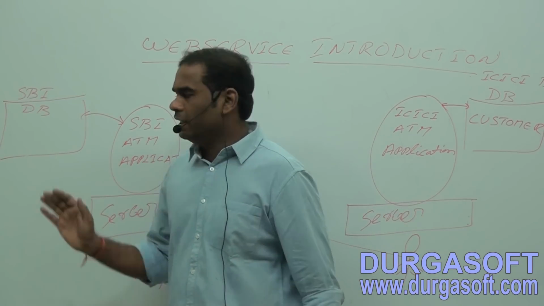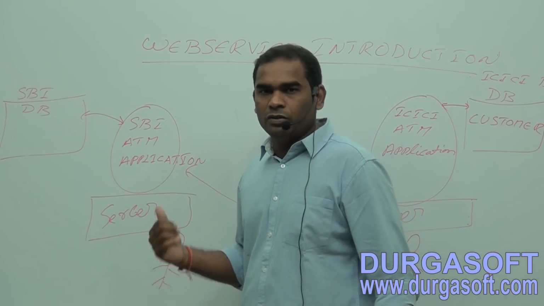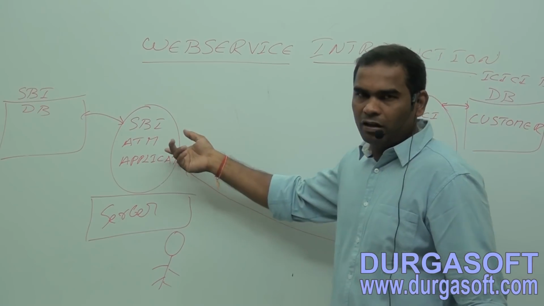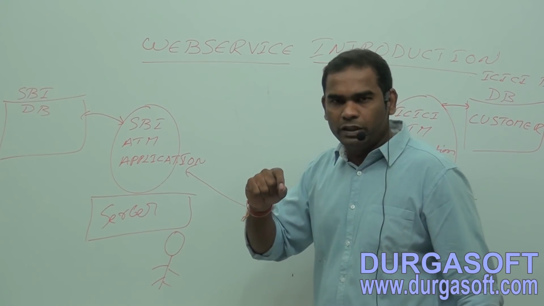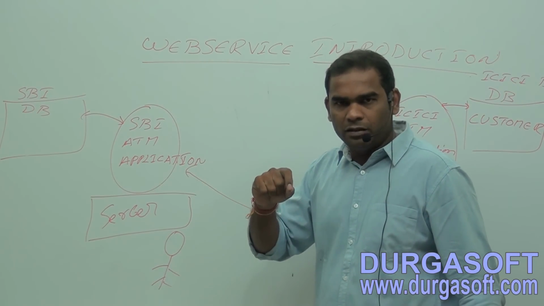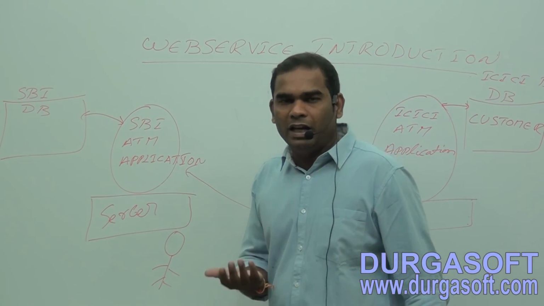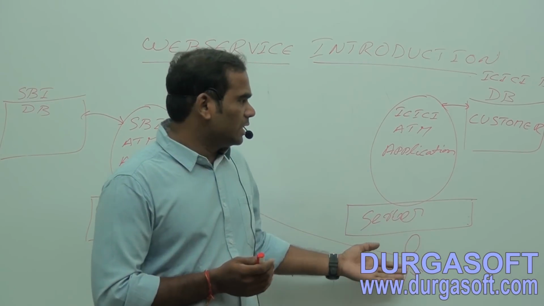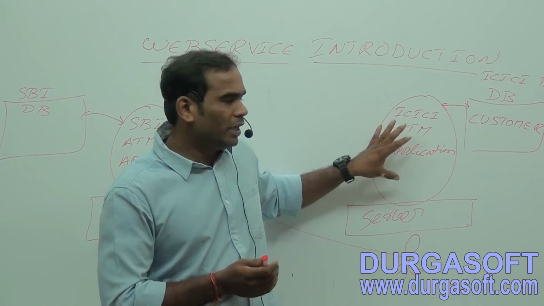Then how will this application process the client request here? Now he goes to this ATM center and inserts the card, and the SBI application realizes that it does not belong to an SBI card, so it provides an error message saying you are an invalid customer. So meaning what? An ICICI Bank customer can withdraw money from only ICICI Bank ATMs here,